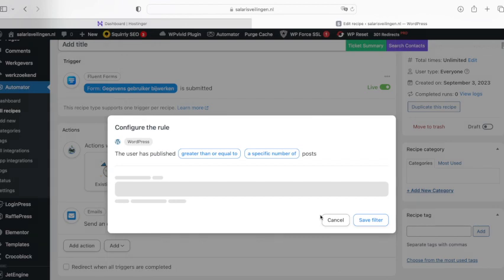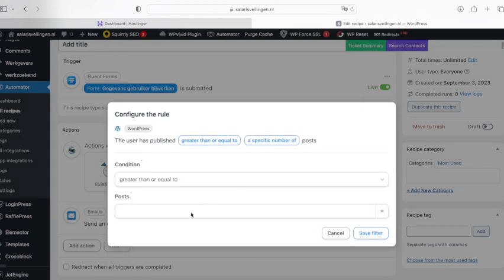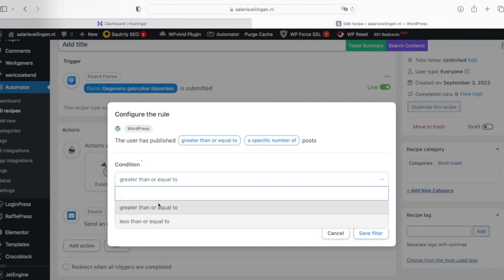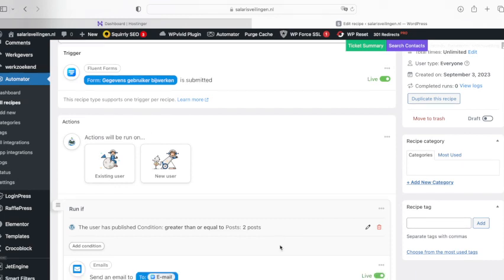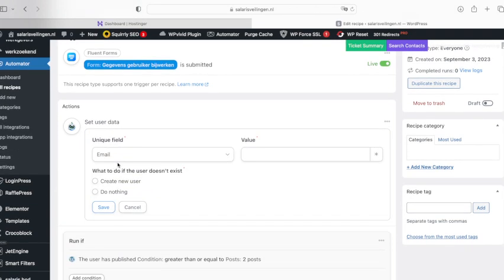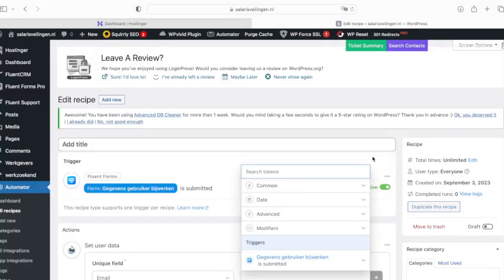Let's say that they have published it 2 times, so it's greater than, and you can also use is less than. But when they have published 2 posts, as you can see here, then you have to use an action will be run on, and you can use for the new user or the existing user. So let's just use the existing user,